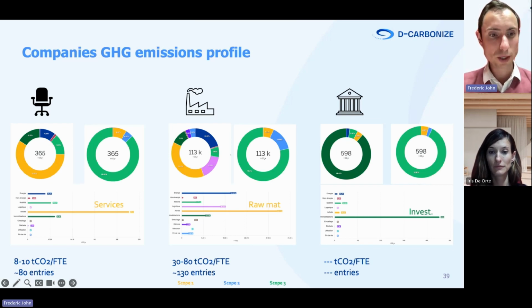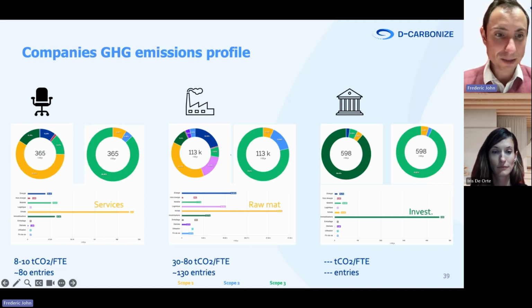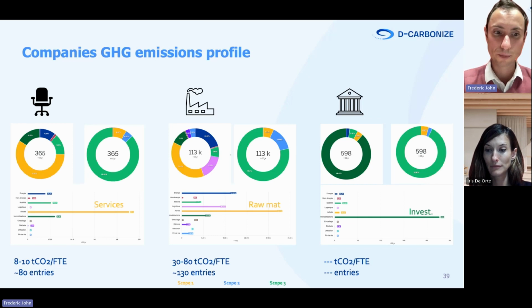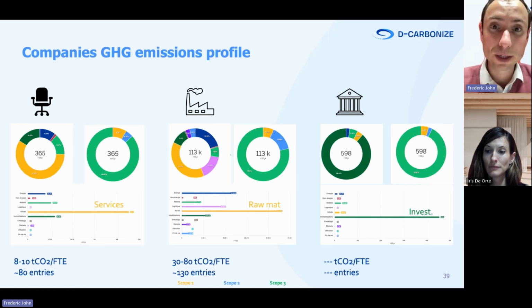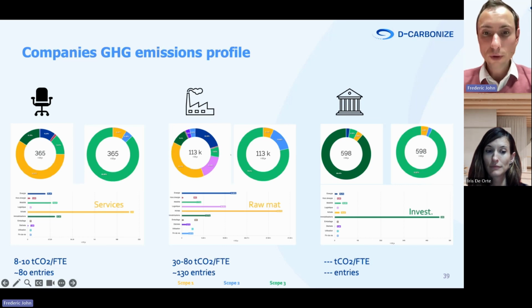For service companies, we measured that on average, a service company would emit between 8 to 10 tons of CO2 per employee, with one of the main aspects being the services purchased by this company. So services would be accountants, law firms, notaries, consultants, external providers, and so on. To give you an idea, a carbon footprint assessment for a service company is around 80 lines. And for industrial firms, usually the most important element would be